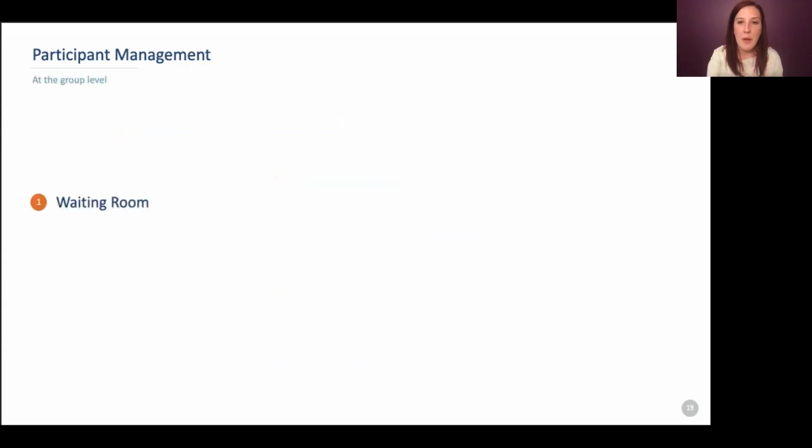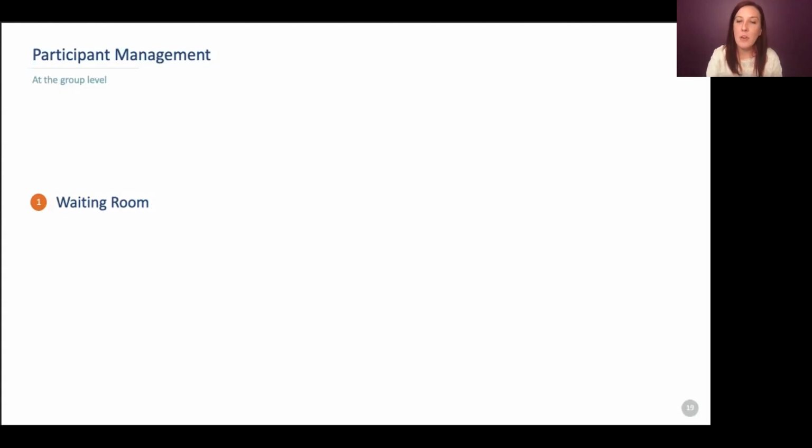So the waiting room, right now, Zoom defaults your settings to automatically put meeting guests in a waiting room. This allows you to screen your attendees before giving them access. Or if you're using that PMI, this helps you make sure that your guests from your next meeting can't join until you're ready for them to be able to join that meeting. I did say it defaults in the settings to that box being checked, but you do have the ability to uncheck that box. So if it's not something that you want, it doesn't have to be there.